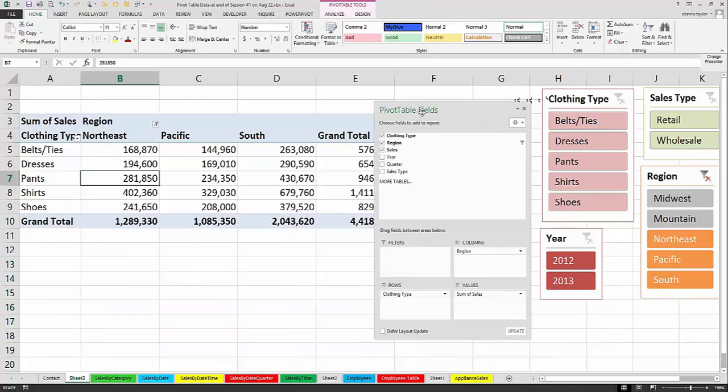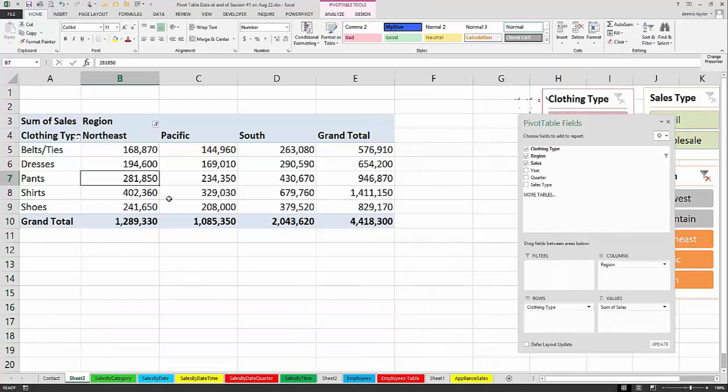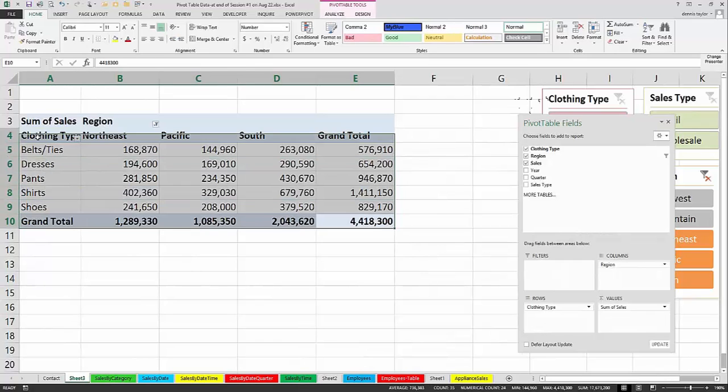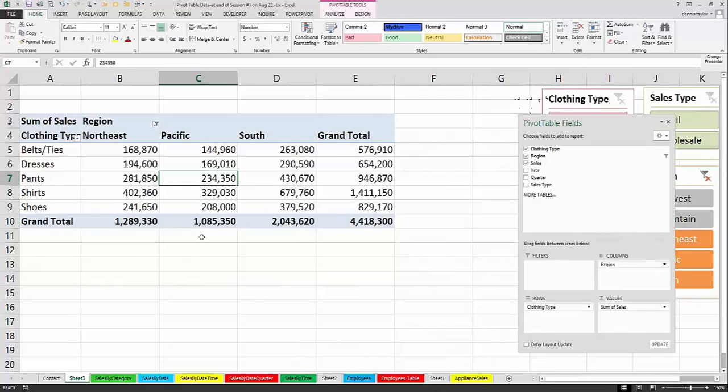Now, a pivot chart, you can create these at any time. First of all, if this were a regular set of data, in other words, if this were not a pivot table, if you highlighted this data here, or if you clicked inside of it, I should say, and pressed Alt F1 to get a quick chart, you would pick up the grand total row and the grand total column, and all of this would appear in the chart. But Excel recognizes this as a pivot table. And so if you want to create a pivot chart instantly, you can simply by pressing Alt F1,